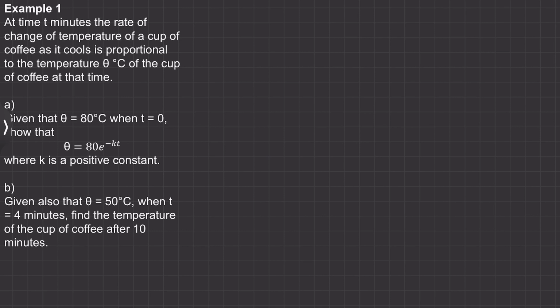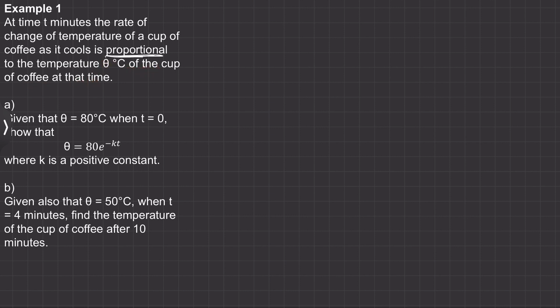Hi, so in this video I'm going to show you how to model and set up differential equations involving direct and indirect proportion. So we'll begin with example 1. We're told that at time t minutes, the rate of change of temperature of a cup of coffee as it cools is proportional to the temperature theta of the cup of coffee